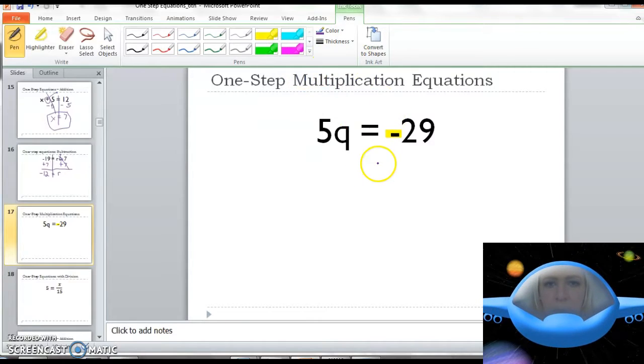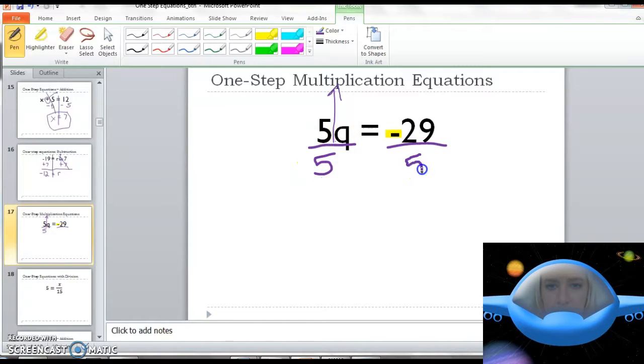Okay. So this equation here is multiplication. So when you have a variable next to a number, there's no operation here. That is a multiplication equation. 5 is being multiplied to q. So again, I'm going to use the inverse operation of multiplication, and I'm going to divide both sides by 5 in order to get my variable by itself. The 5's cancel on this side. I'm going to bring my q down